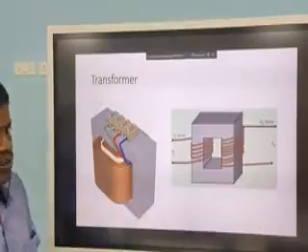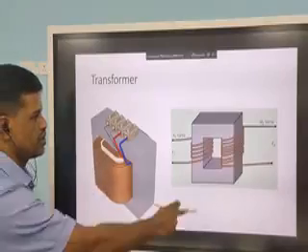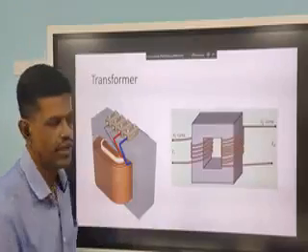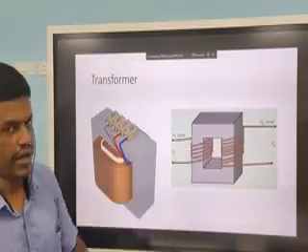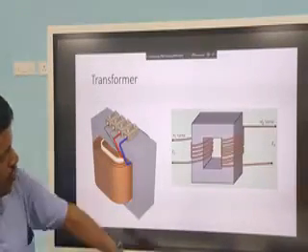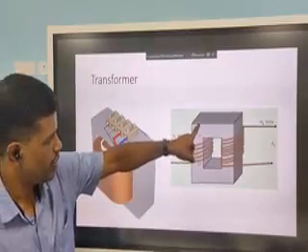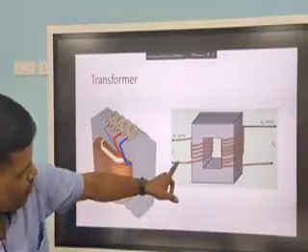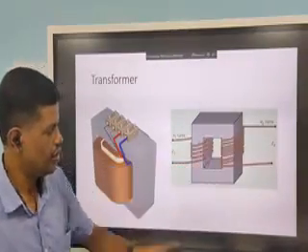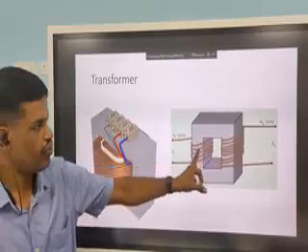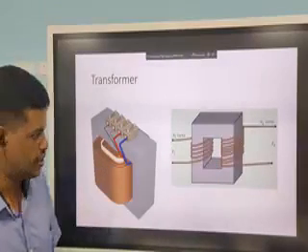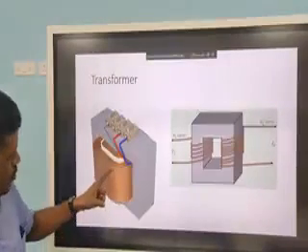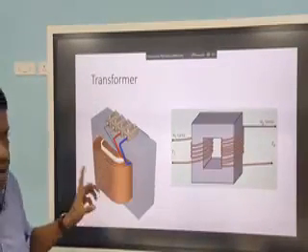This is a transformer. This is the actual transformer. This is a symbolic diagram. To show primary and secondary separately, we have shown this diagram. Okay? So you must remember the structure here. Many plates are stacked to form the block. We have a primary coil and a secondary coil. Their thickness is different, their number of turns is also different. So remember all these facts, and also that this is a purely insulated coil.